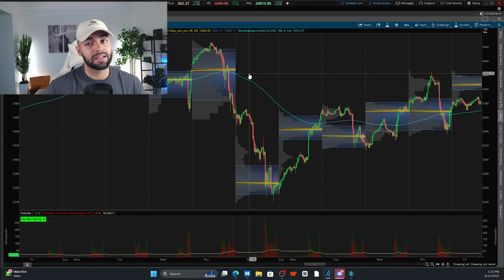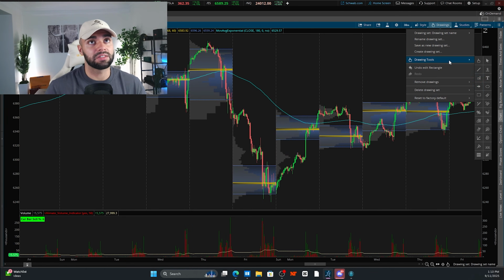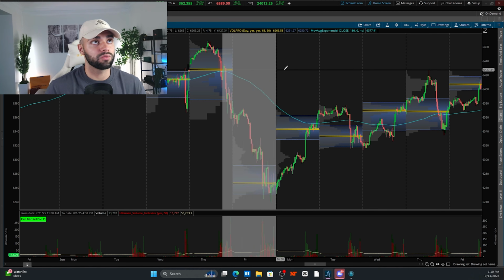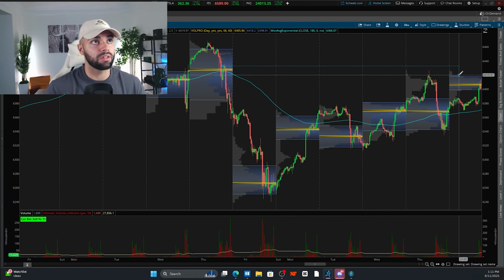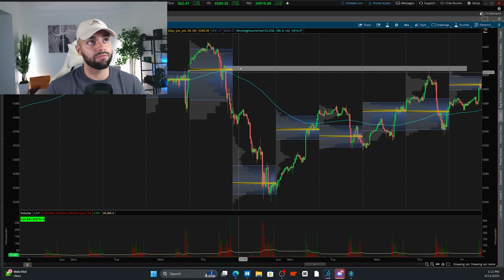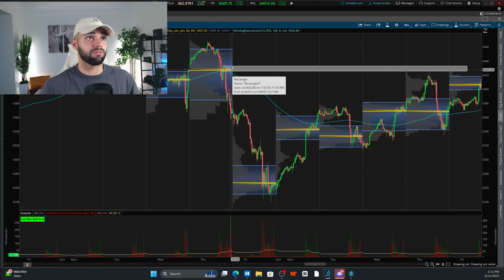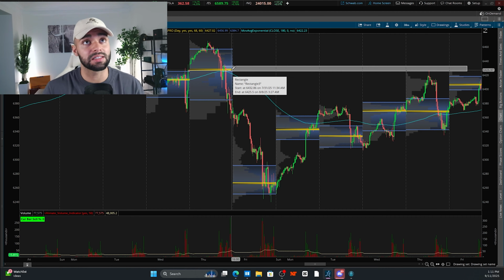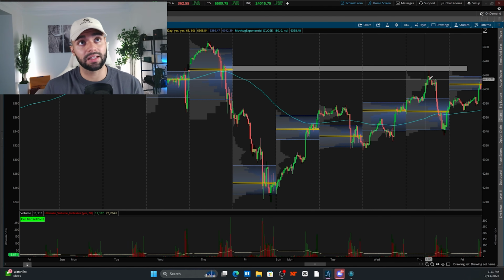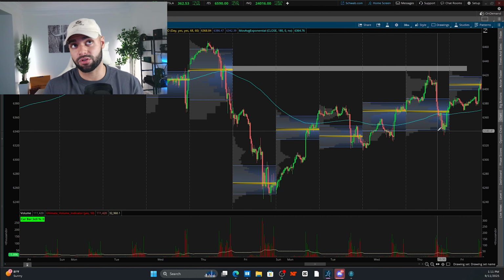For example, guys, this supply level right here, right? We see this consolidation before a massive move down. Not only that, we see a volume point of control. We see that this little level has had an insane amount of volume because that's where the point of control sits. So next time the market gets to that level, there's a good chance we're going to reverse and sell off. This is something I add into my chart and into my trading to actually make these supply and demand levels much stronger and much more accurate, and actually gives me an ability to add in size,